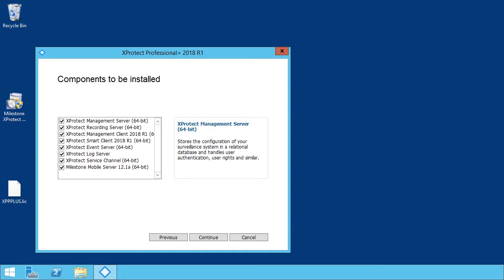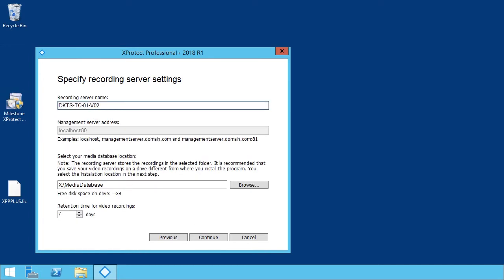Here you see the list of components in the single computer installation. The free Exploring XProtect VMS System Architecture and Communication e-learning course on the Milestone Learning portal explains what these components do and how they communicate with each other. You'll need this information for troubleshooting this system and for designing and configuring more complex multi-server installations. For now, click Continue.